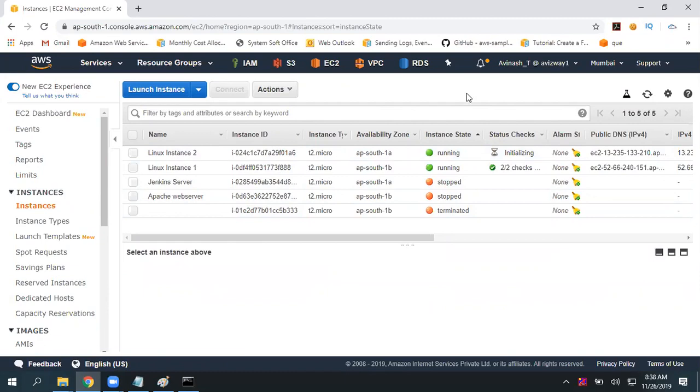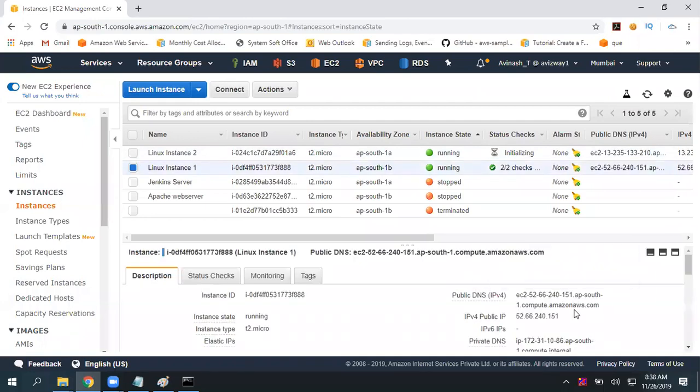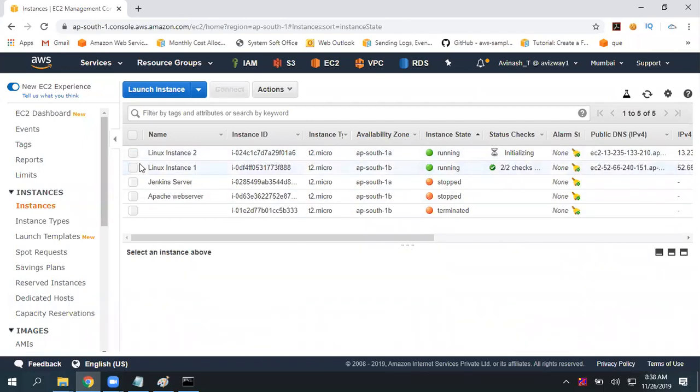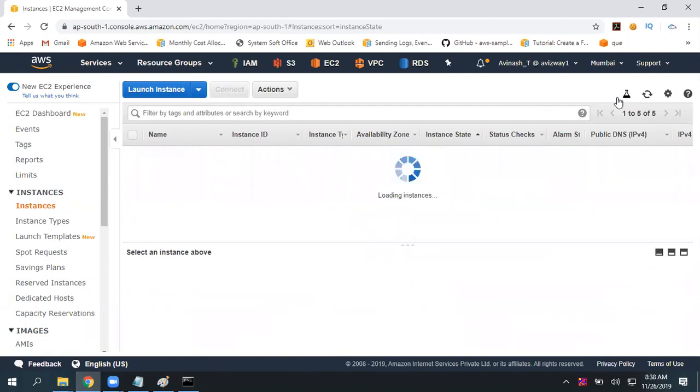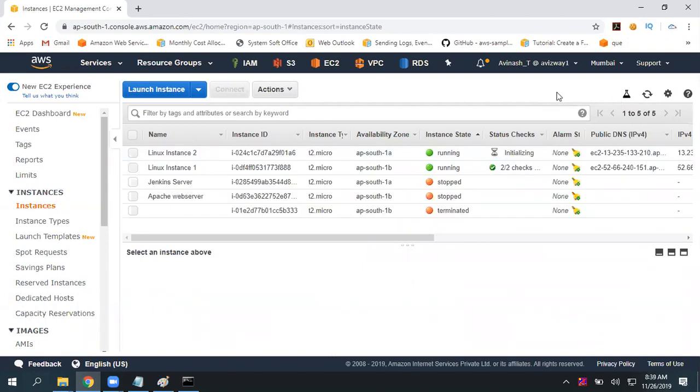The traffic is not distributing. Most customers know this IP address and there is less traffic here. So instead of getting into such scenarios, I want to give a common domain name, a DNS name, for both instances, and I can achieve that by using a load balancer.